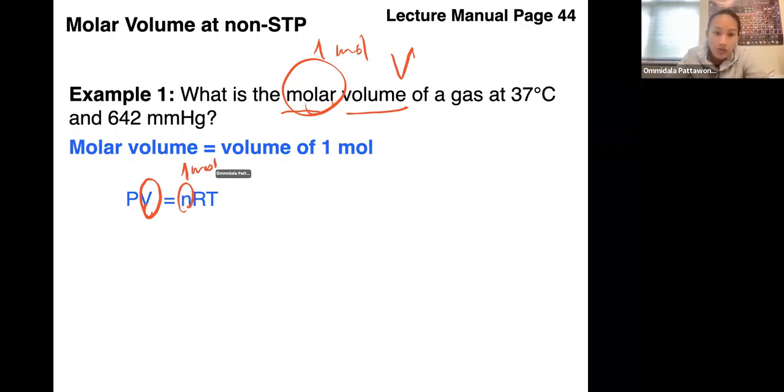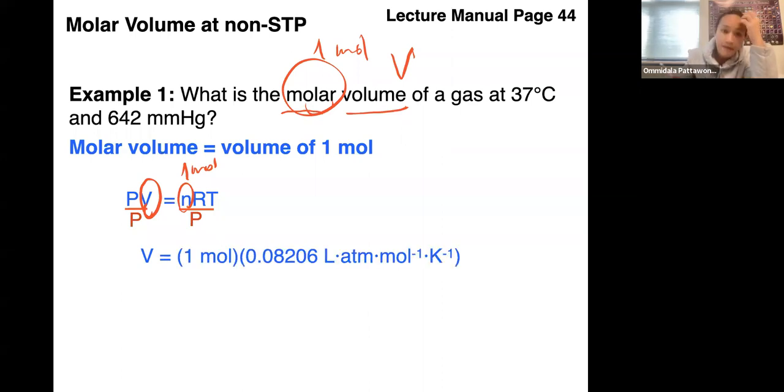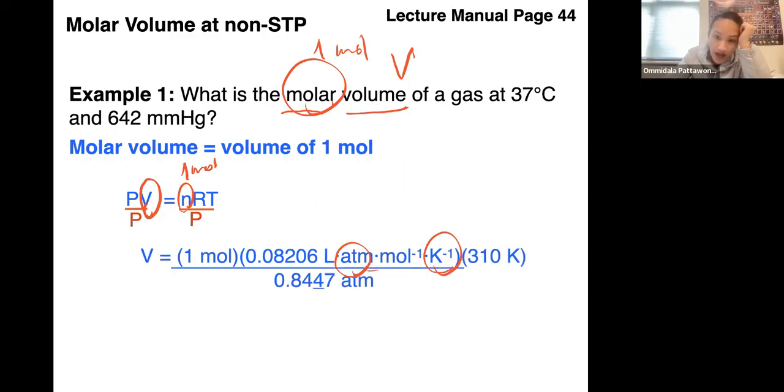So pretty much you are going to plug everything in and solve for V, right? In this case, because the pressure given is in millimeters of mercury and the temperature is given in degrees Celsius, you need to convert those units first. Remember, the units have to match the units of the R constant. So make sure the pressure is in atm and the temperature is in Kelvin. If you do that, you are going to get 310 Kelvin as the temperature